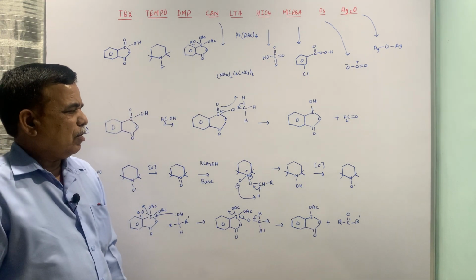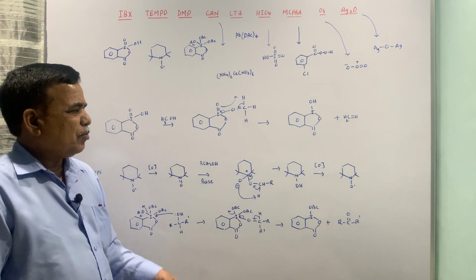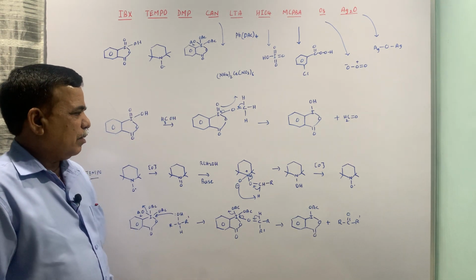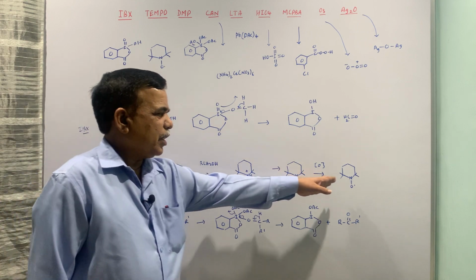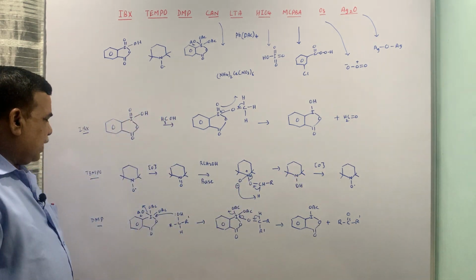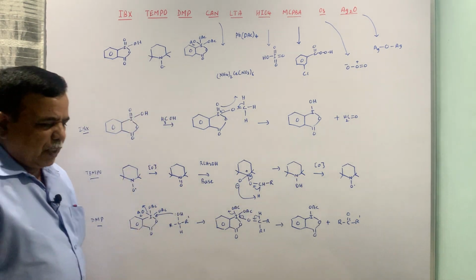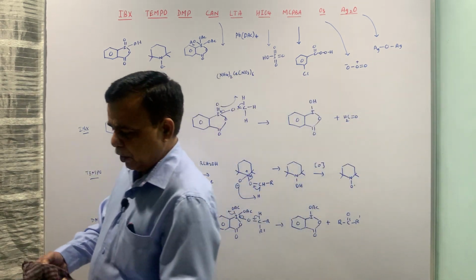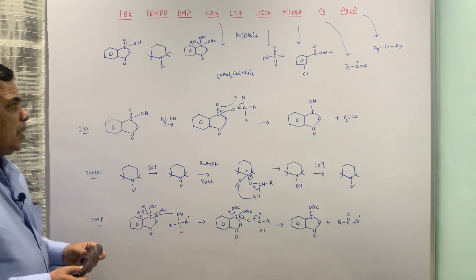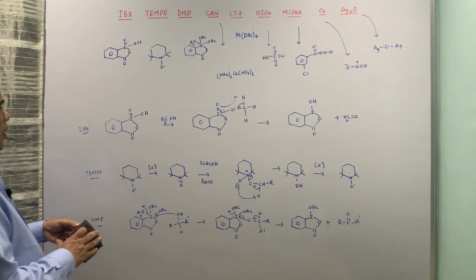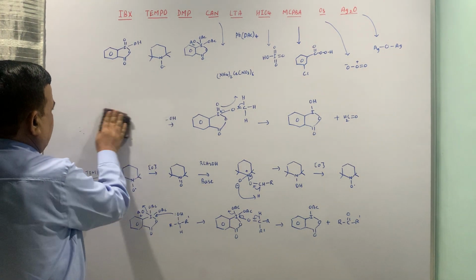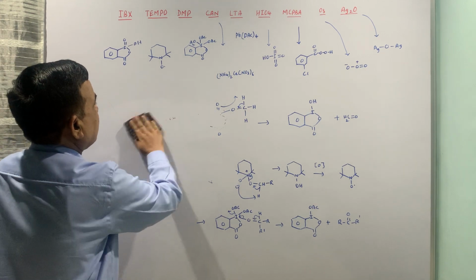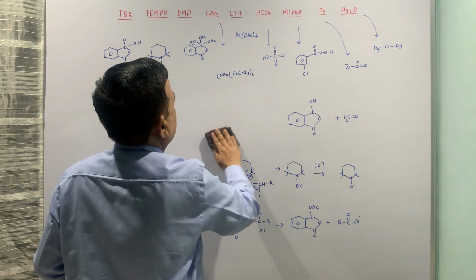It is a single electron oxidation, you can say, using K3Fe(CN)6 or a similar oxidizing reagent, and you are generating the compound once again, and that can be recycled. It can react with another molecule, and thereby it can be a continuous process or chain process. I will just clean this part so that we can see the remaining things.